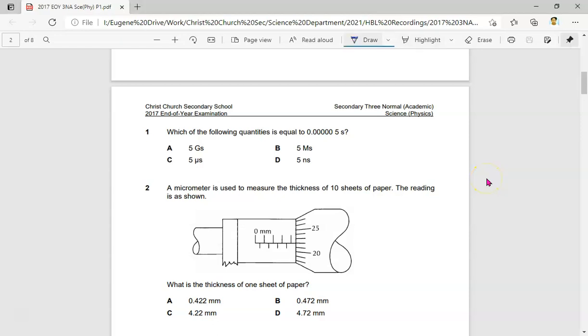Okay, I'm going to go through the MCQ paper 1 of the 3NA Science Physics 2017 end of the year. So let's start off with question 1. Question 1 says, which of the following quantities is equals to